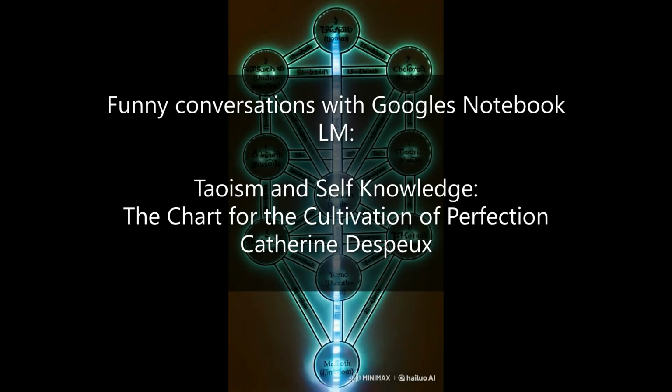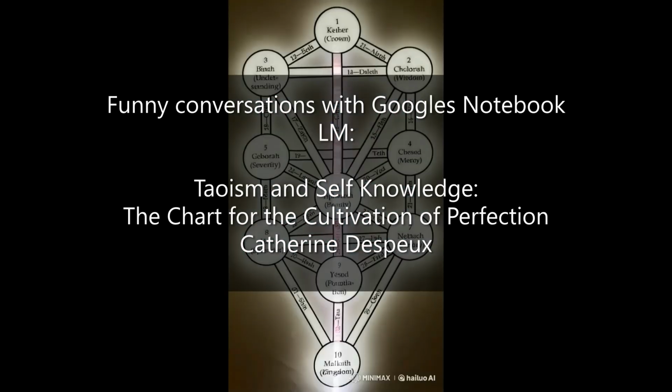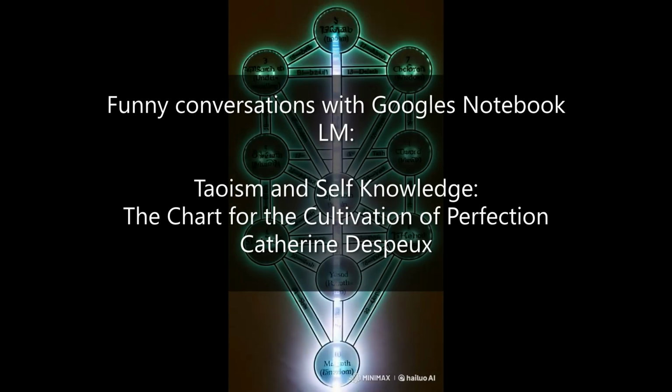Right. The iron buffalo, talked about it earlier. Still curious about what it represents. It's a fascinating image that appears in both the chart for the cultivation of perfection and the chart of the inner landscape. It depicts the rising of energy from the kidneys, and it connects to ancient customs of appeasing river gods by throwing iron buffalo statues into the water.